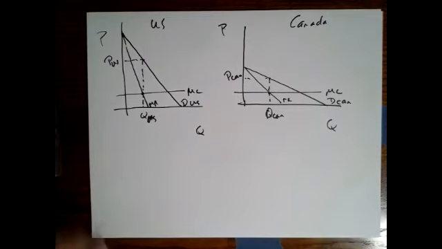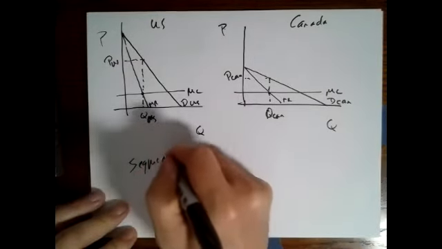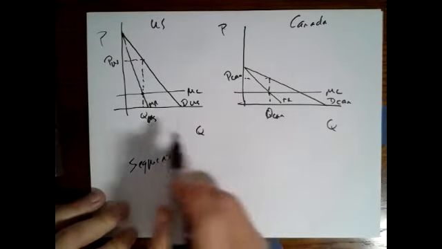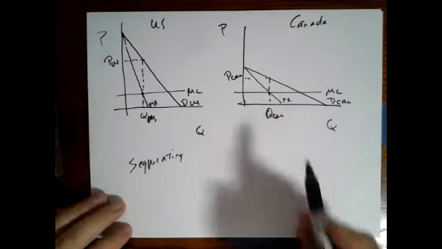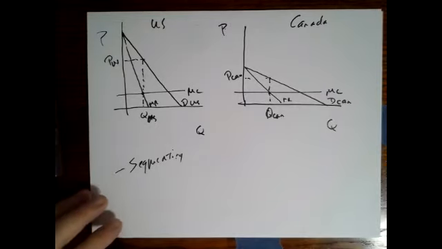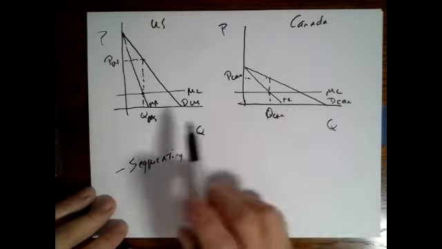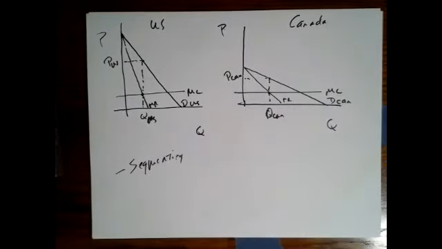Okay, so what are we doing? We're segmenting, right, between the US and Canada. So yes, we can segment, right? So can pharmaceutical companies engage in price discrimination? Yes. They can engage in geographic price discrimination, and they probably engage in some other things as well,